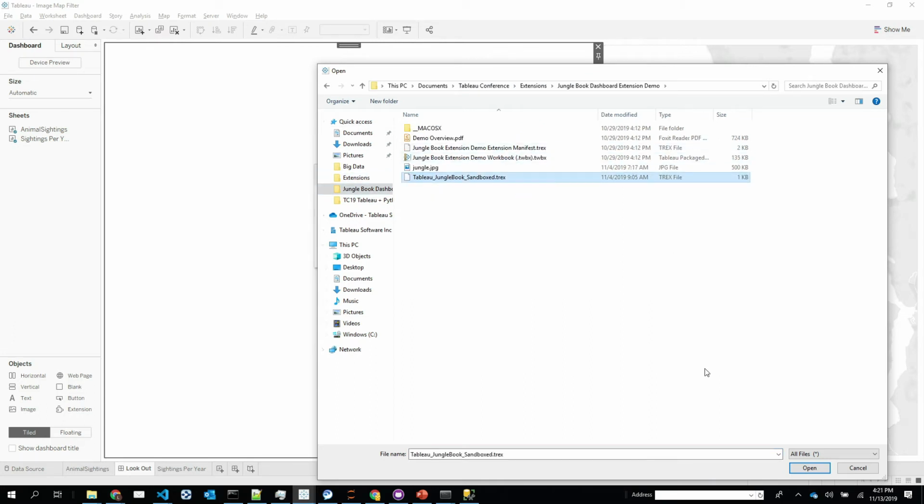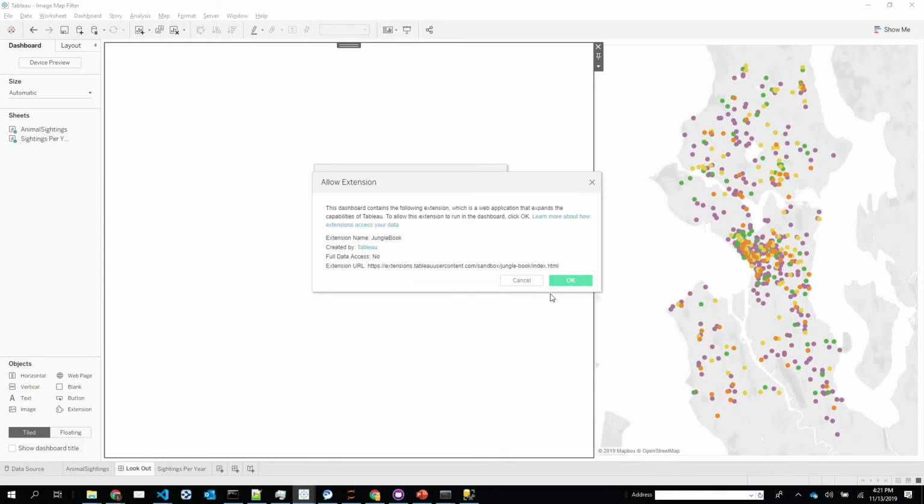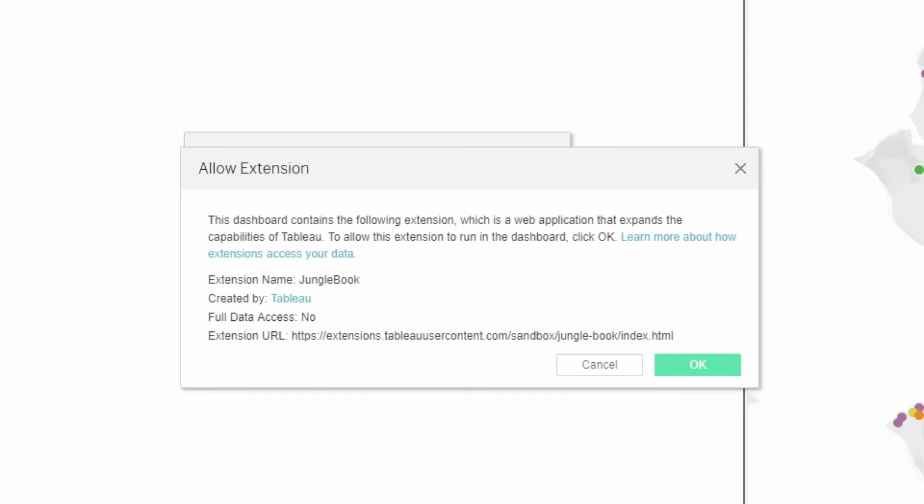And then I'm going to choose the T-Rex file. I'll always get this dialog when in the T-Rex file the developer has specified that they're going to take data out of the Tableau dashboard. So this is a warning, and this is my only opportunity to say, yes, you're allowed to do that, or to reconsider and say, you know what, I don't want a third-party developer that I don't know accessing the data